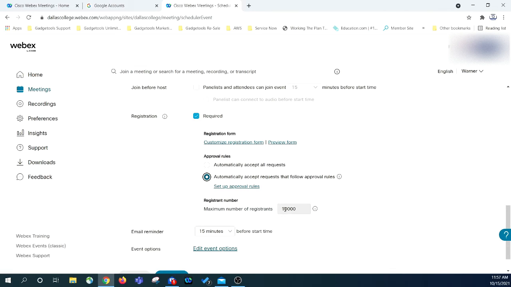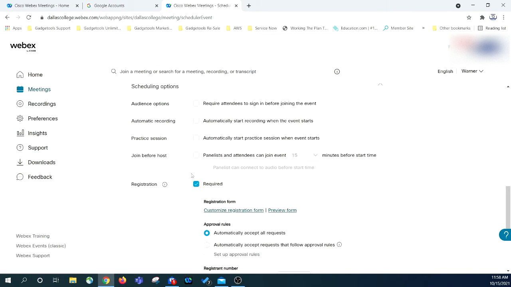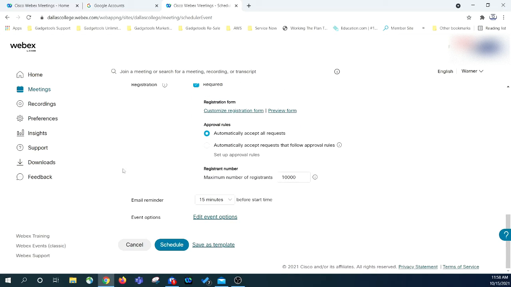It's kind of a set it and forget it. You don't have to think about it once it's set. The maximum number of registrants is 10,000, but the maximum number of attendees to an event is 1,000. You can also customize the registration form and preview the form from here. You can send out an email reminder to both panelists and attendees up to 2 days before the start time